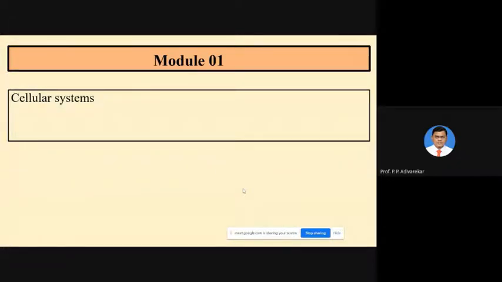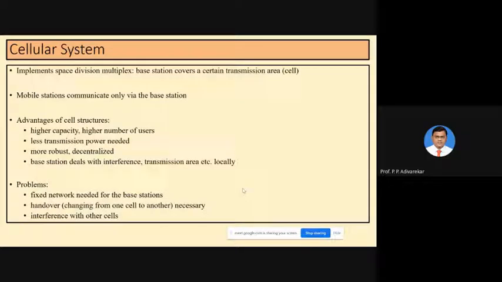Okay, so this is the last part of the introductory module, module number 1, and this is the introduction to the cellular system. But we will see much more on this in chapter number 2 also, because it is related to GSM only. So we'll start with this module, the cellular system. The question is, what is a cellular system? What is the meaning of the word cellular here? That we will see in this particular topic. So let's begin.